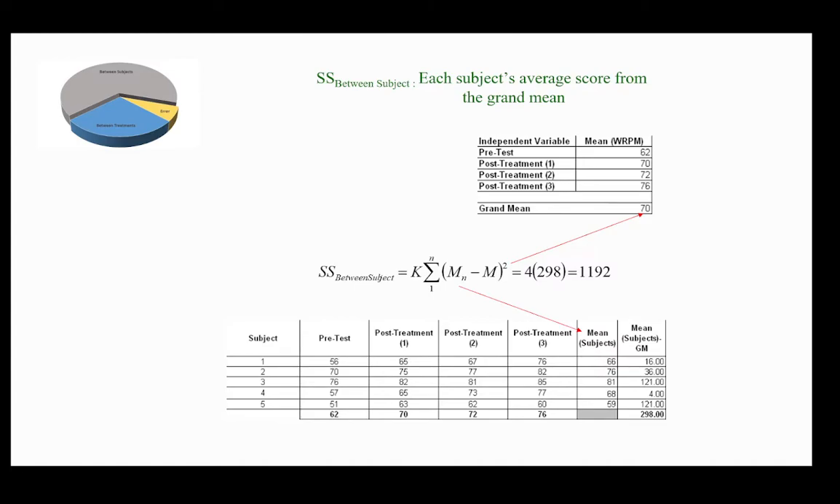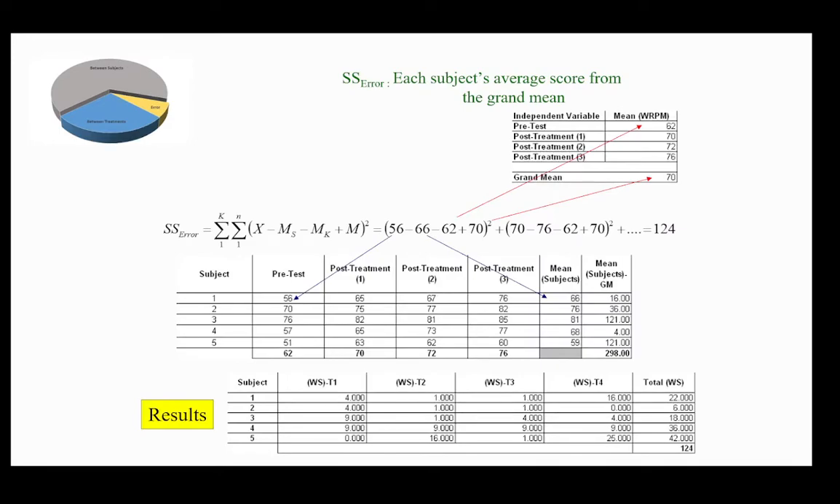Then when I'm done, I multiply it by K. So my between subjects sums of squares is 1192. And that part I don't care about, because I don't care about how people do roughly on average. All I care about is what the net difference is between the 4 times I've measured them. Okay. The error term is really tricky, and